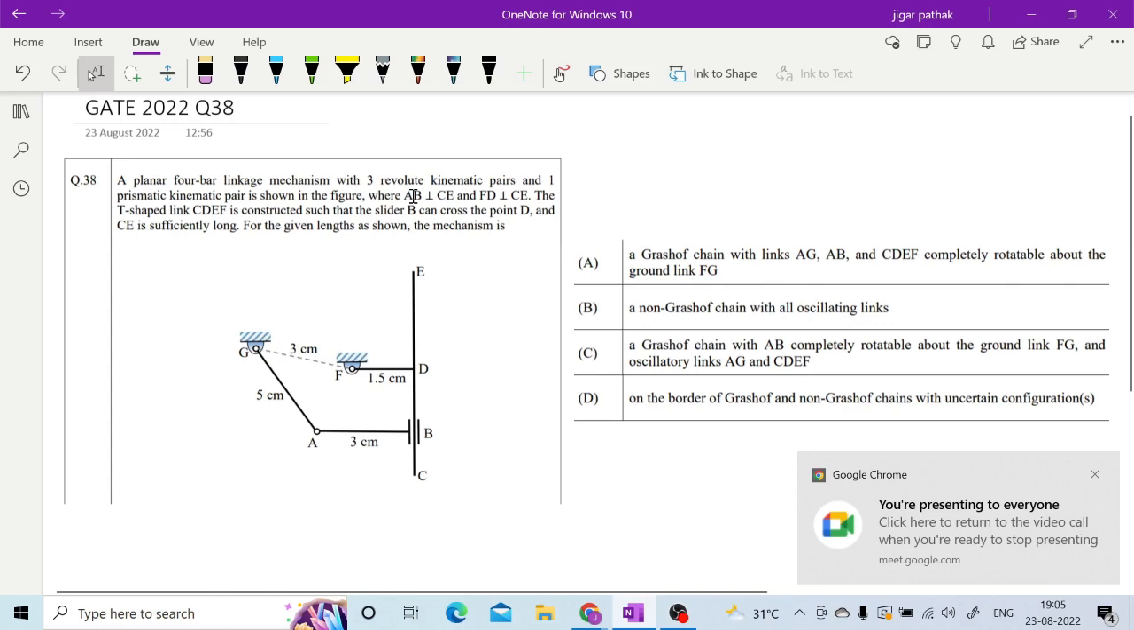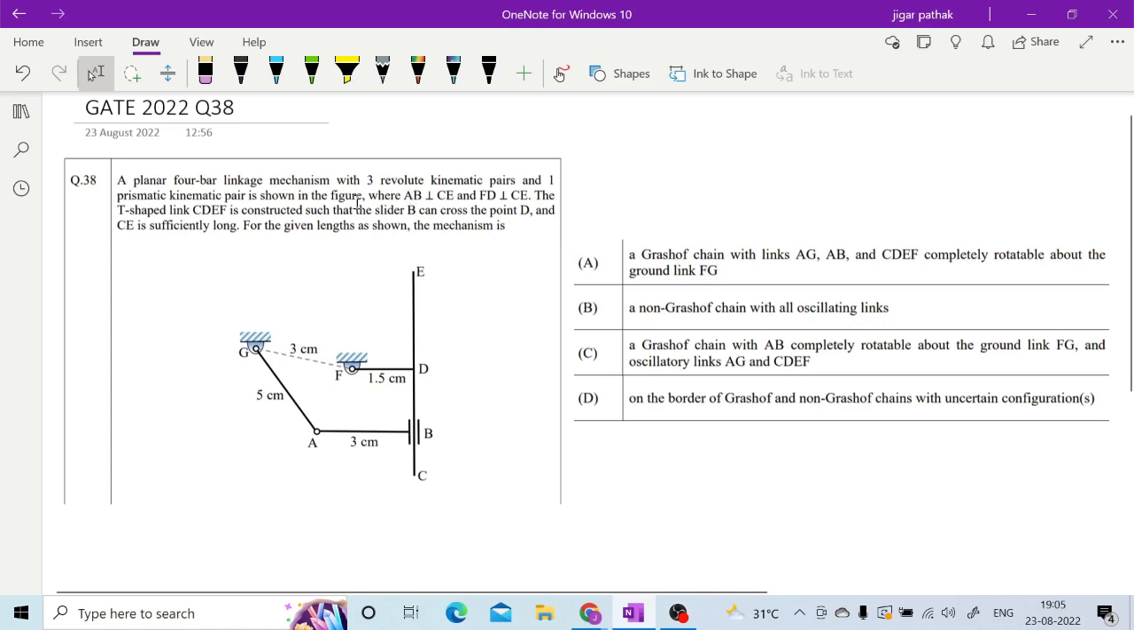is shown in the figure, where AB is perpendicular to C and FT is perpendicular to C. The T-shaped link CDEF is constructed such that the slider B can cross the point D, right? Now CE is sufficiently long. Now for the given lengths as shown, they have given some options like a Grashof chain